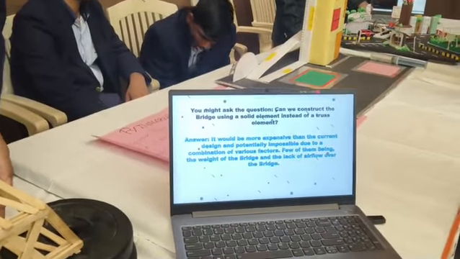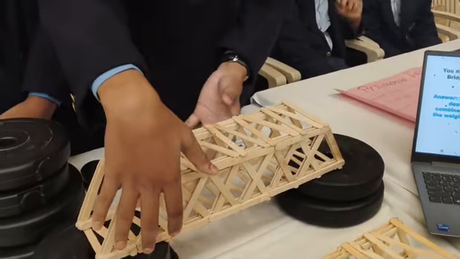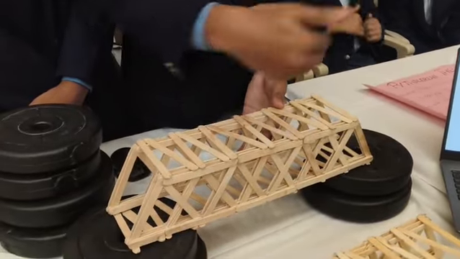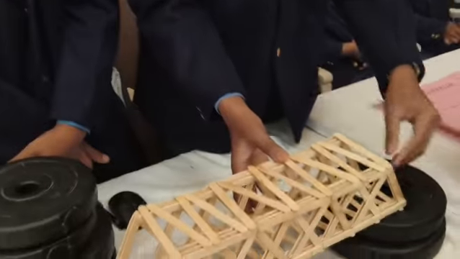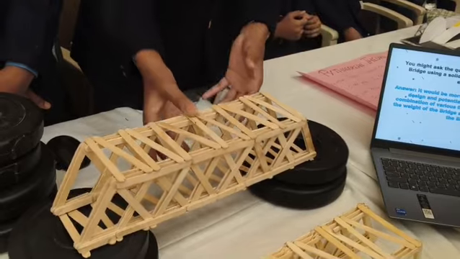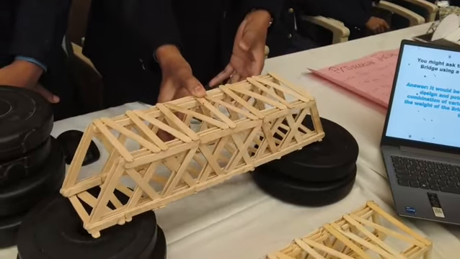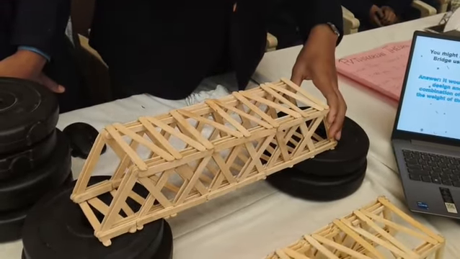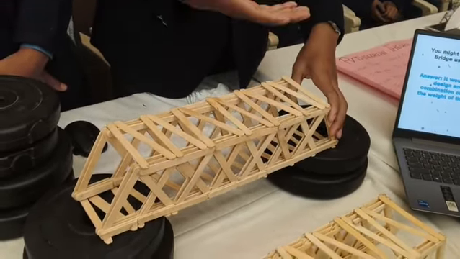Why can't we use a single element instead of a truss? Like, make a whole structure out of one piece of wood and not use different ice cream sticks. No, we can't do that because it will be more expensive and potentially impossible due to various factors like height, weight of the bridge and airflow over the bridge. If there is a single piece, there won't be any airflow from the sides, top or bottom. So it will make the bridge more unstable and it will shake easily. And it will also be very heavy and it won't be cost efficient at all.